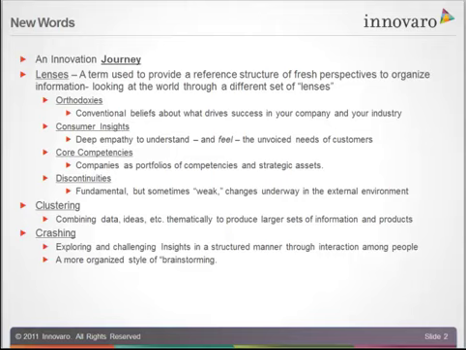Understanding those. And last in that group is discontinuities. And discontinuities, one of the great keys to that for a discontinuity is recognizing it early on, right? And sometimes they're weak changes, but they're things that are underway in our external environments. And you can think of lots of companies that are out of business because they failed to understand those changes in the early days.